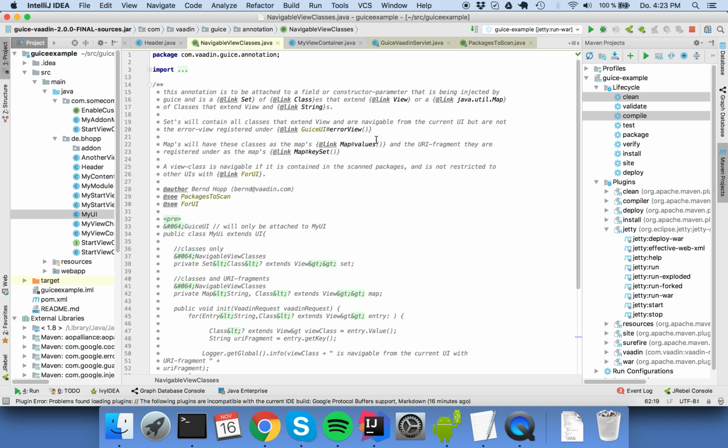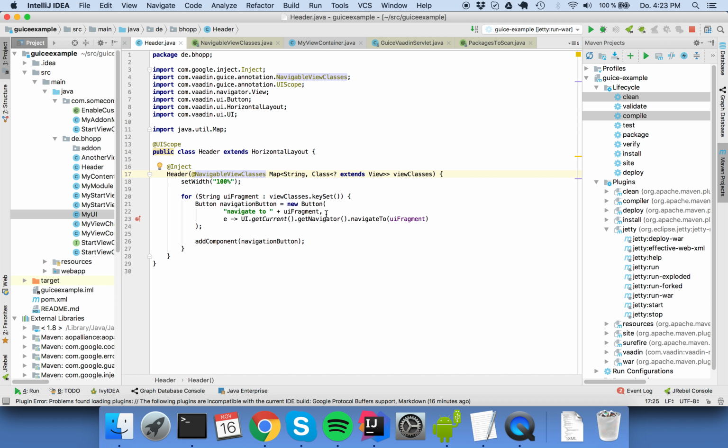And it will give you a set or map of all view classes that you can currently navigate to. For example, it is possible that you have views that you can't just navigate to because they belong to a different UI. We will see how that works later on. It's done with the for UI annotation. For now, just